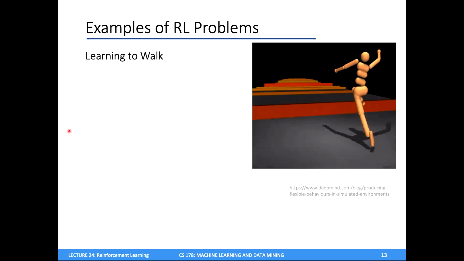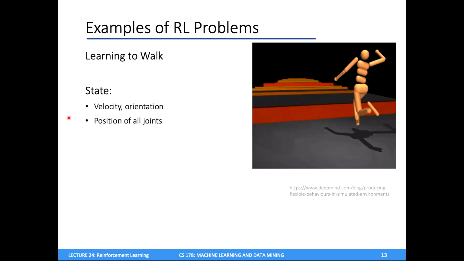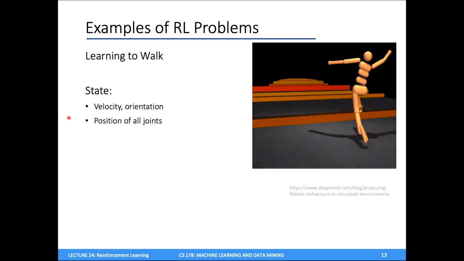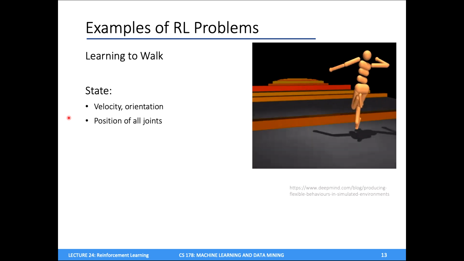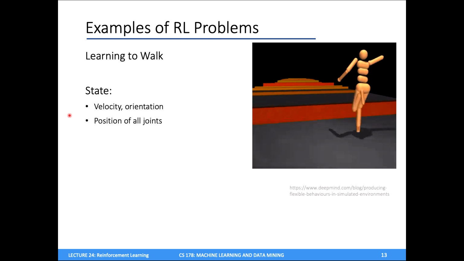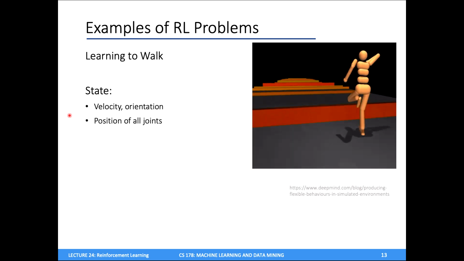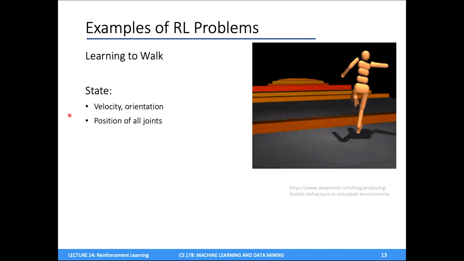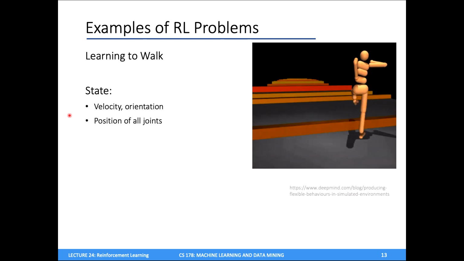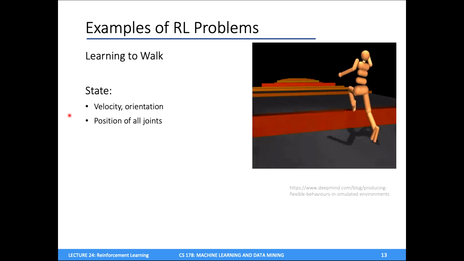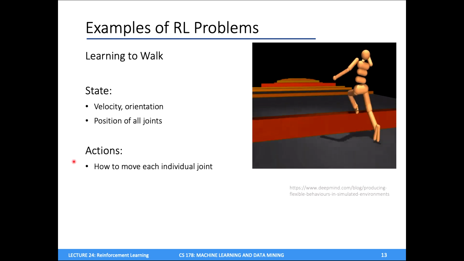We might also have some agent that we want to train to learn how to walk. In this case, the state can be very, very complex. So it could be the velocity and orientation of my agent in general, but also can be the position of all the joints in my agent here. So on the right side, I've got a GIF of a simulation, obviously, of some kind of humanoid creature learning to walk. So not too many joints here, but you could imagine having a real-world robot where there's like hundreds or maybe even thousands of these joints that we somehow need to learn to move in sync in order to achieve fluid motion.